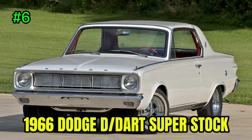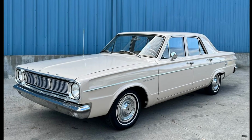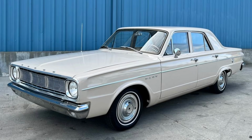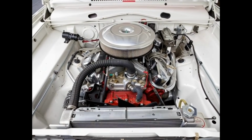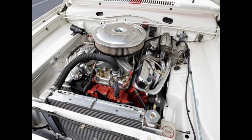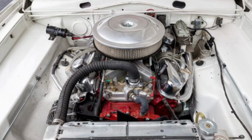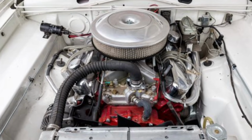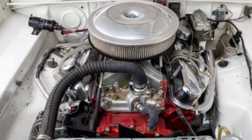Number 6. The Dodge D-Dart was a lightweight, race-ready machine you could buy straight from the dealership and take directly to the track. Built for NHRA D-Stock competition, it was all about stripped-down performance. Under the hood, it packed a high-compression 273 cubic inch V8, producing around 275 horsepower. The setup included performance-focused components like headers, a Holley 4160 carburetor, and a 4-speed A833 manual transmission paired with a